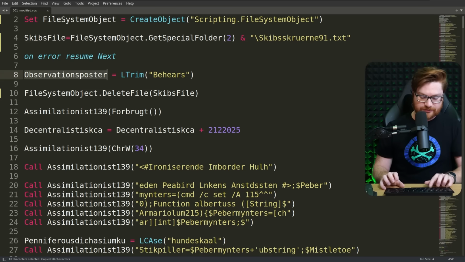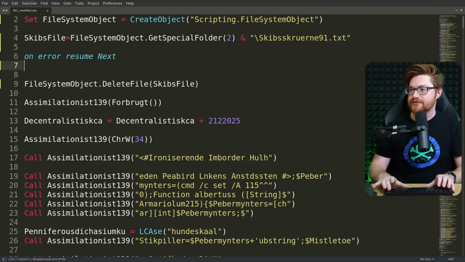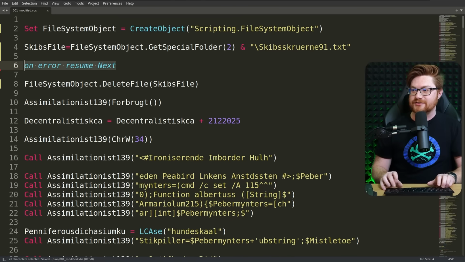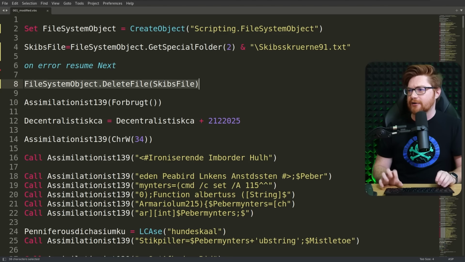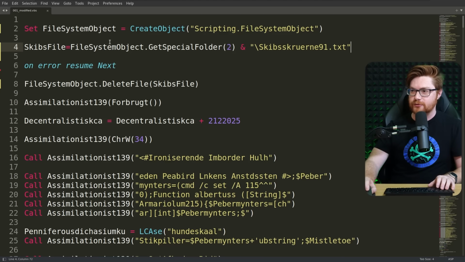Is that even going to be used? Let's Control F for that. No, not necessary. Ultimately, our On Error Resume Next is just whatever boilerplate stuff comes with Visual Basic Script. FileSystemObject DeleteFile with the file that we just got a reference to is kind of interesting to